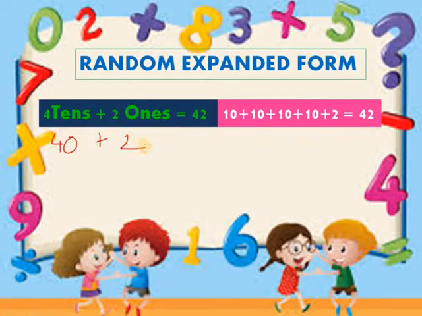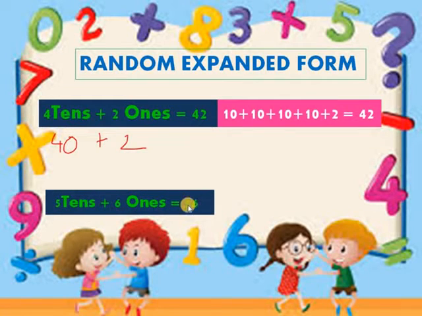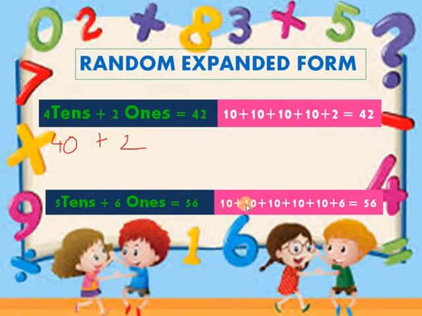26. In 26, 6 is in ones place, so we have written 6 ones. 2 is in tens place, so we have written 2 tens, which means 2 tens plus 6 ones is the expanded form of 26. In 2 tens, there are 2 times 10, so we have written 10 plus 10 plus 6, which is equal to 26. When we add 10 plus 10, it makes 20, or you can say 2 tens, or you can say 20